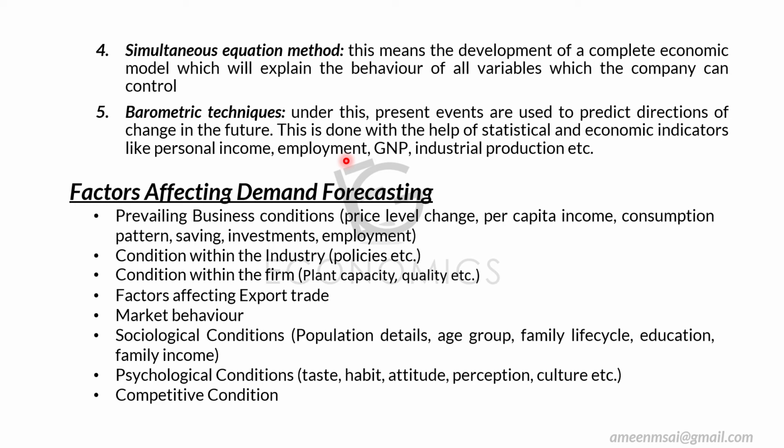Of course, we can decide that the demand will be decreasing for the next 5 years too. So this is just a small example. So you will be using other indicators and thus you'll be predicting the direction of change in the future. And for this, what are the tools that we use? We'll be using statistical and economic indicators such as personal income, employment, GNP. So what is GNP? Gross national product, industrial production, etc. So by using these factors, these indicators, you will be able to predict the change, and this is called barometric techniques. So these are the 5 methods that come under